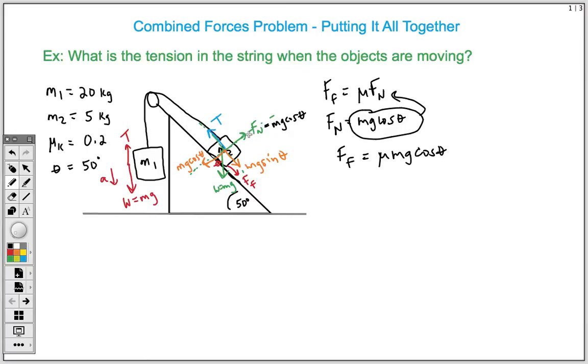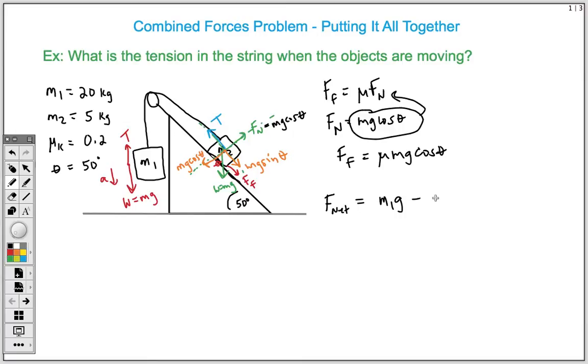We know that this normal force and this mg cosine theta, they go away. So what are we left with? We're left with the weight, and opposing the weight is mg sine theta and the frictional force. So our net force equation is really